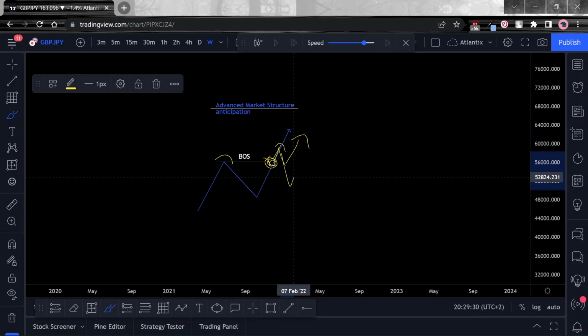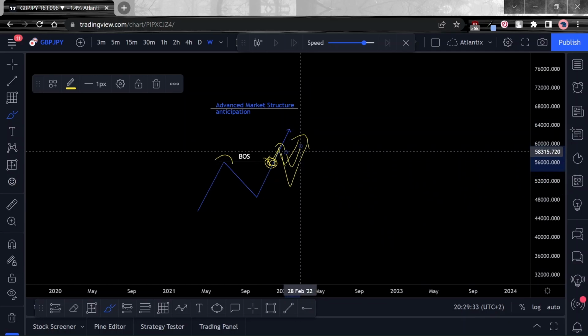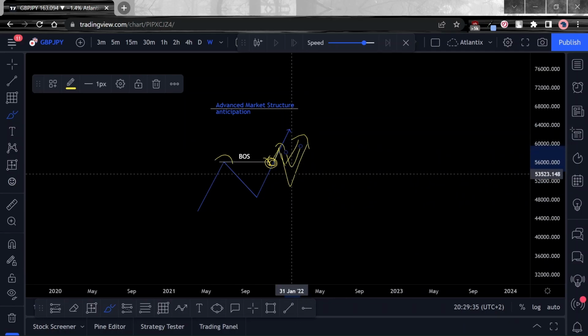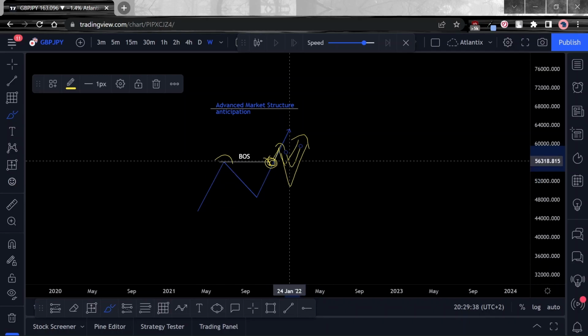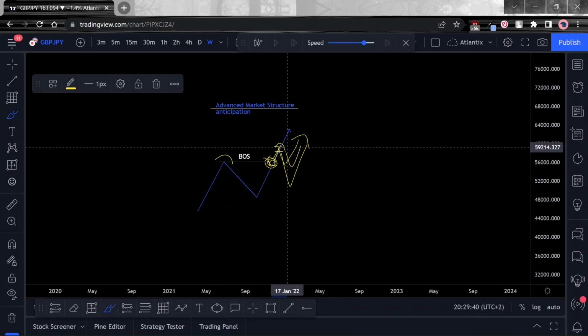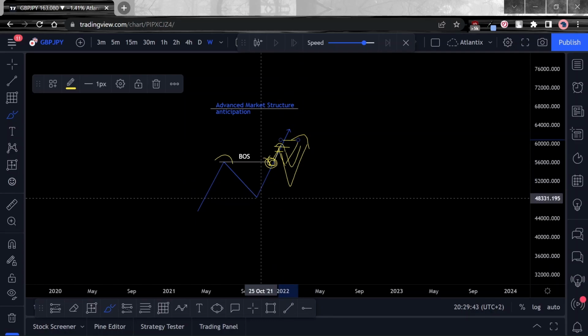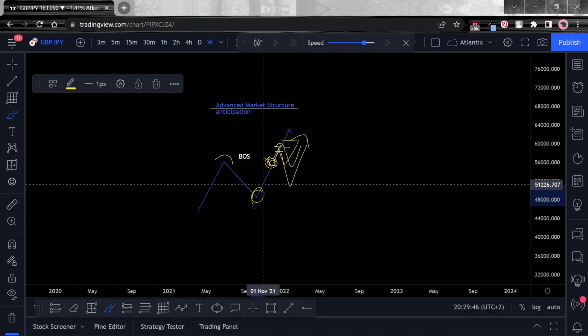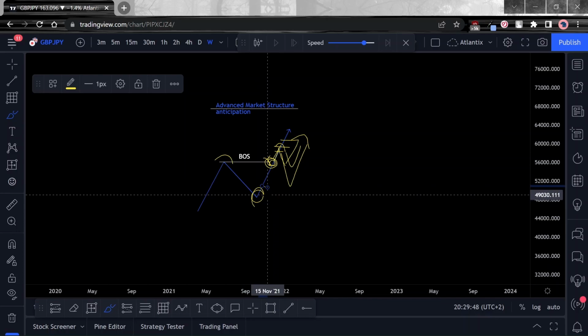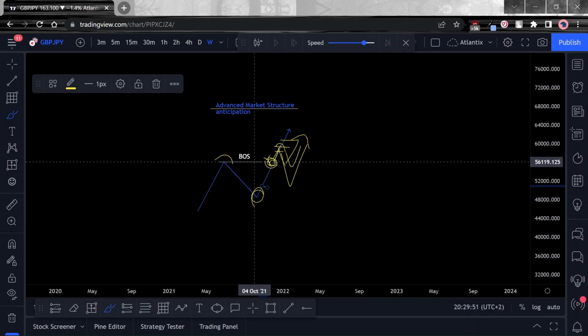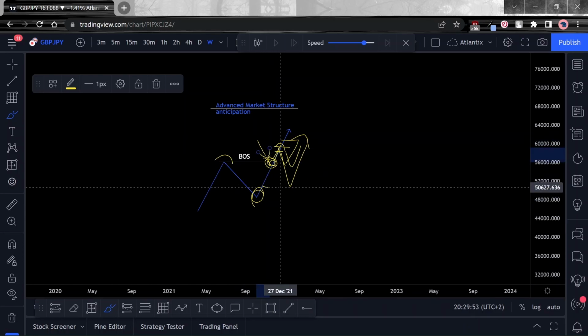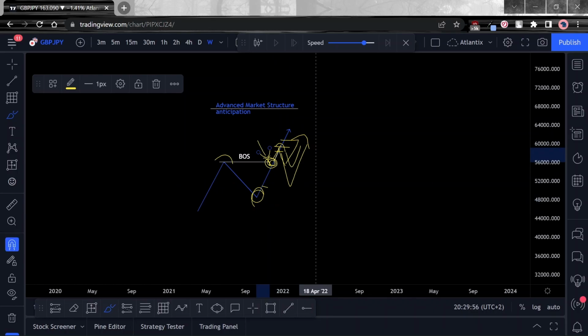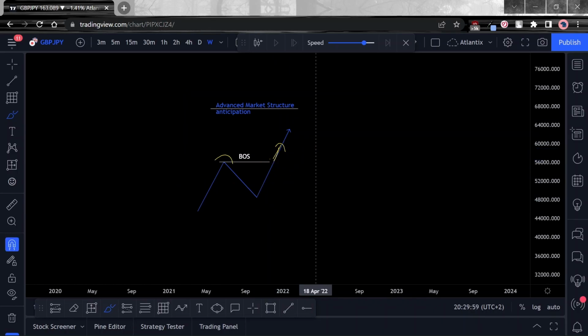How far this pullback goes is obviously something that's up for debate depending on the scenario, but I'm sure you get the point. So instead of trying to buy further up in the move, we want to try and catch the move as it starts in and around these regions or somewhere early on down here, so that by the time price reaches this point, we are already exiting the trade. That's essentially what we want to do.